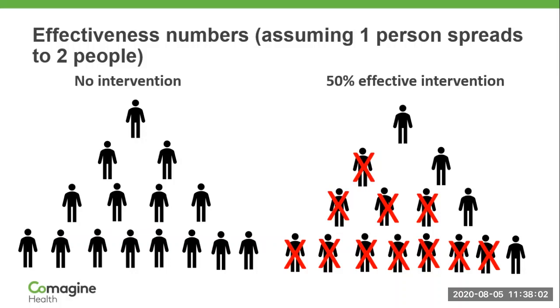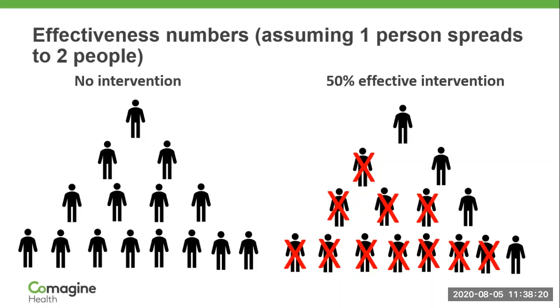So this is just a visual of what it means when an intervention is 50% effective for this type of transmission. On the left, it shows no intervention at all, which of course right now in August of 2020,